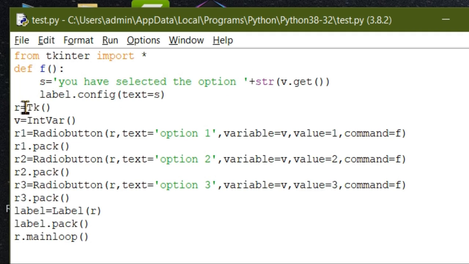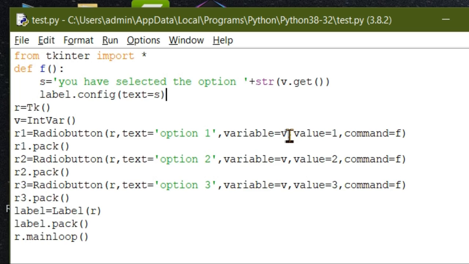And now here you can see r equal to Tk and v equal to IntVar. Here I have defined the variable v as the int variable, and then I have defined r1, r2 and r3. Here r1, r2 and r3 are the radio buttons. I have given the first text as option 1, second as option 2 and third as option 3.